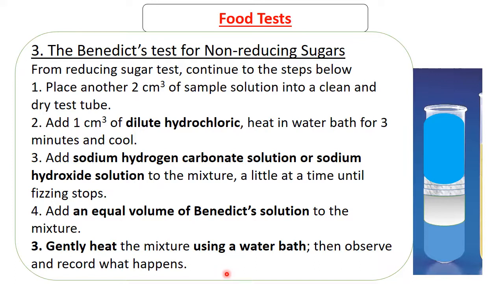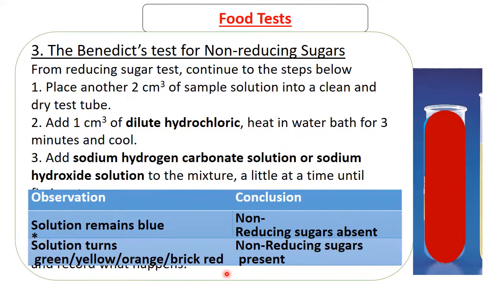So when you observe and record what happens, you might have a situation where the entire solution turns brick red. So when this happens, then you have non-reducing sugars in your food sample. But if nothing happens, if you don't have brick red, then you don't have non-reducing sugars in your food sample. So if the solution remains blue, non-reducing sugars are absent. Solution turns again green, yellow, orange, or brick red,